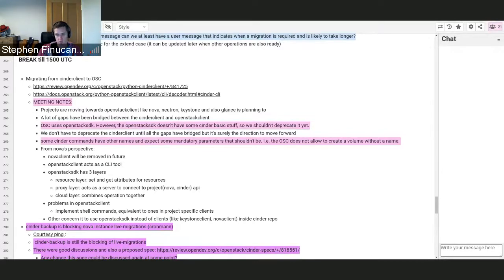But we can change whatever, basically. If there's a better way of doing something, and the current way of doing it is confusing, then we can just change it or introduce an alias